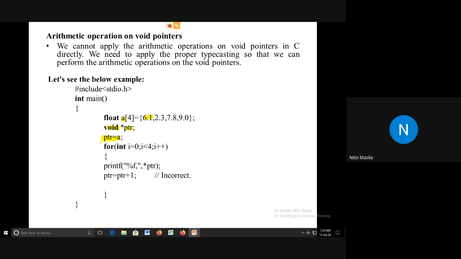Okay, now this is over. Then the for loop will execute. Here we are printing the value. Now why will it not work? Because we are writing only star PTR here. We need to convert that void to